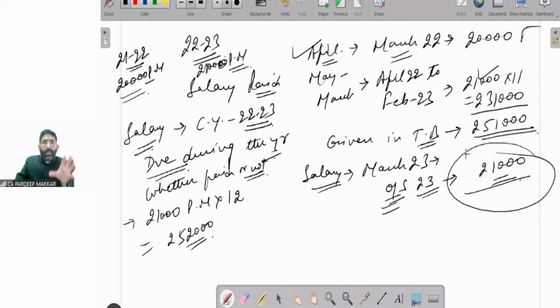देखो ये समझ लगी बात की। करंट ईयर में हमारी सैलरी कितनी है? 21,000 पर मंथ, अप्रैल से लेकर मार्च तक की। तो हमें बुक्स में कितनी डालनी चाहिए प्रॉफिट और लॉस अकाउंट में? मैं रिसीट एंड पेमेंट अकाउंट की बात नहीं कर रहा। रिसीट एंड पेमेंट अकाउंट में तो ये जाएगी बेटा, जो ट्रायल बैलेंस में गिवन है, जो आपने एक्चुअल पे करी है। जो एक्चुअल पेमेंट करेंगे वो रिसीट एंड पेमेंट अकाउंट में जाती है, उसका कोई वरी नहीं करना। वो कैश अकाउंट, बैंक अकाउंट में जाती है, हम सभी को पता है। और ट्रायल बैलेंस में जो गिवन होती है वो वही होती है जो कैश एंड बैंक वाली अमाउंट होती है।